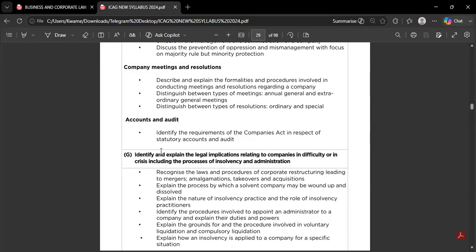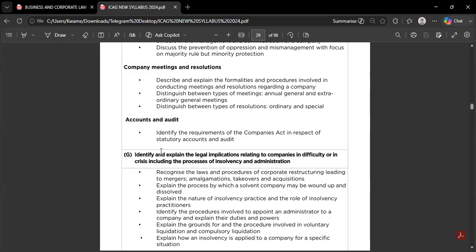When we talk of ordinary resolution, that's where more than 50% is needed. When we talk of special resolution, that's where 75% of the House, or of the members present, should support the issue. So there are certain issues where a 50% plus vote is okay. There are certain issues where, beyond the 50% plus vote, we need 75% plus to agree before those decisions can hold. There's a distinction between ordinary resolution and special resolution.